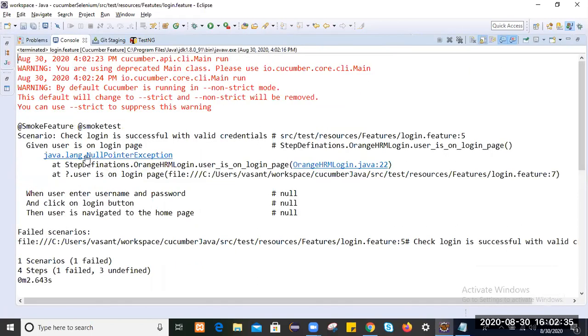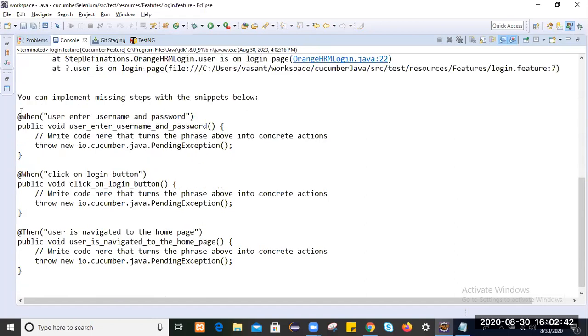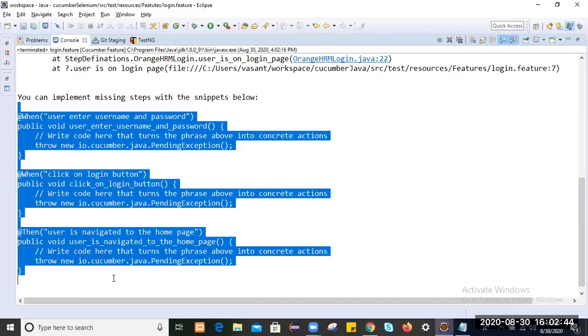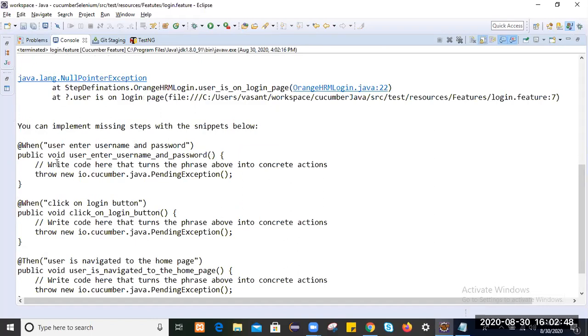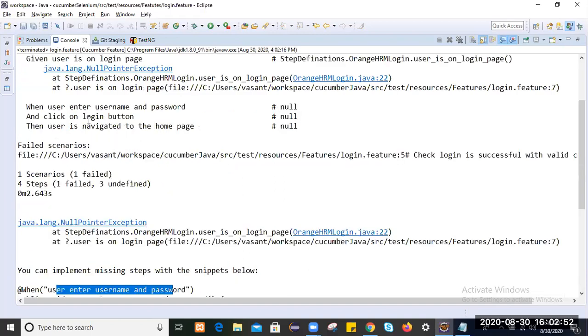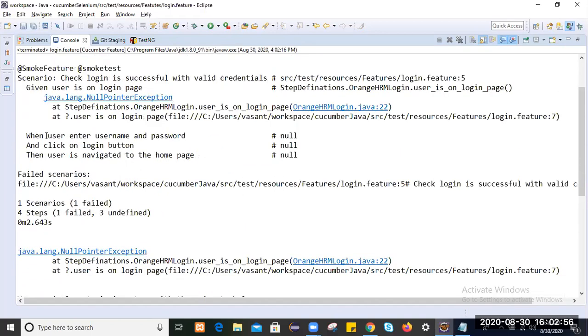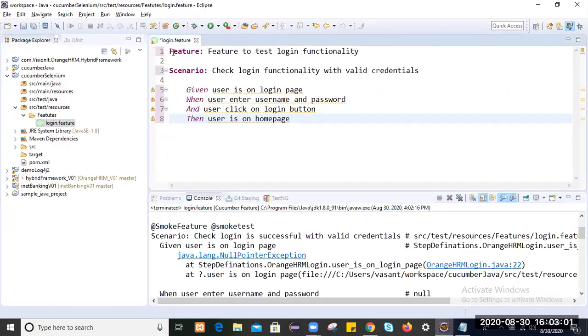A null pointer exception, not an issue. What are the steps you have generated? These steps are automatically generated by the feature file. User enters username and password. Why is it not generated for When? It's generated only for When and Then. Why not for Given? Let me check once again.